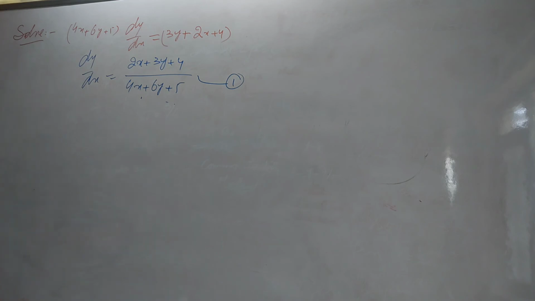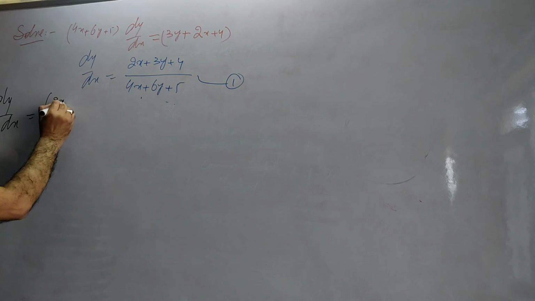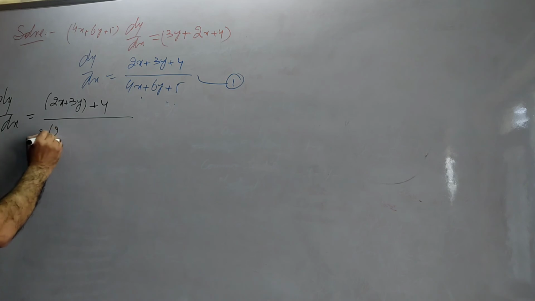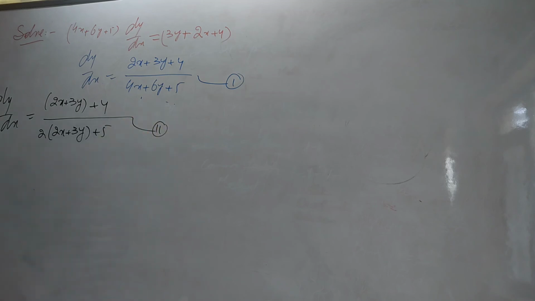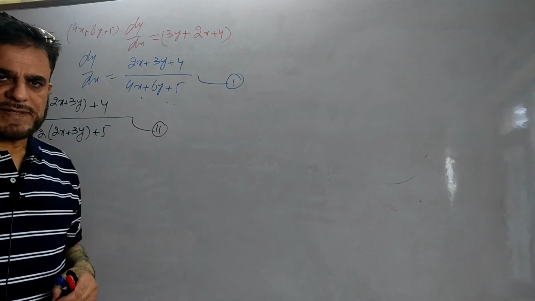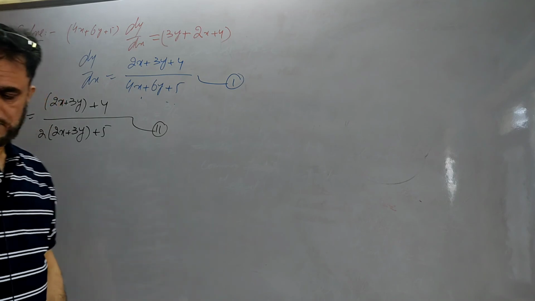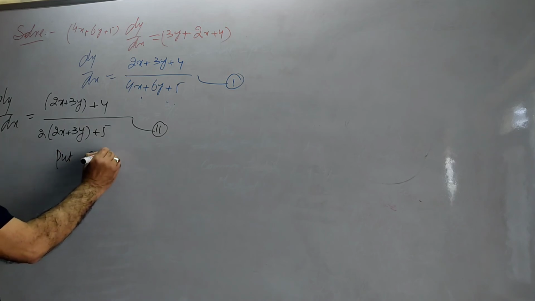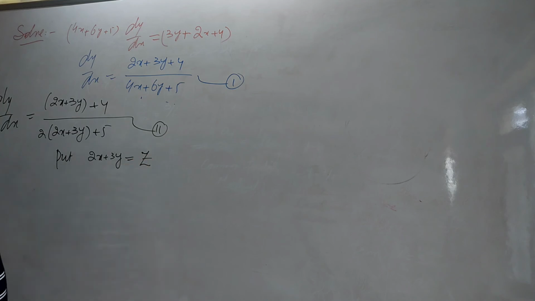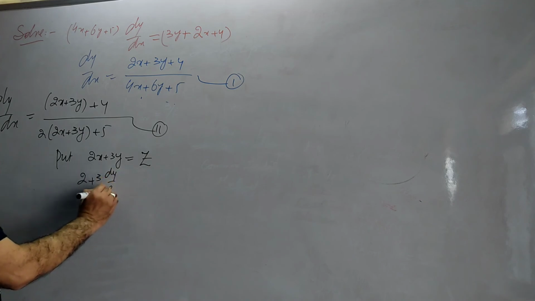How do we go? We write this. It is dy by dx is equal to (2x plus 3y plus 4) by, taking 2 common, 2 times (2x plus 3y) plus 5. In this case you will obviously get the common factor when it takes the form a1 by a2 is equal to b1 by b2. Let us put here now 2x plus 3y is equal to a new variable z, and differentiate with respect to x on both sides. It is 2 plus 3 dy by dx is your